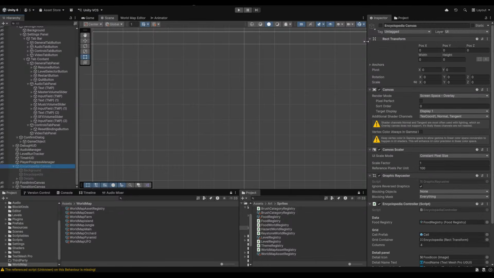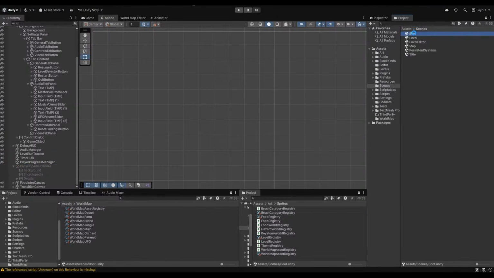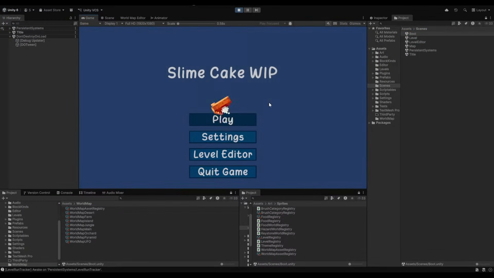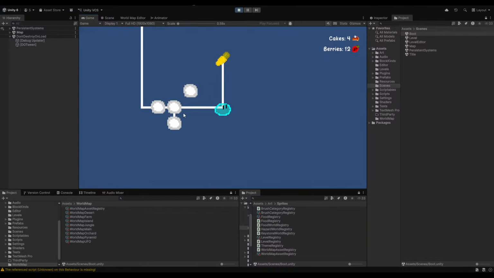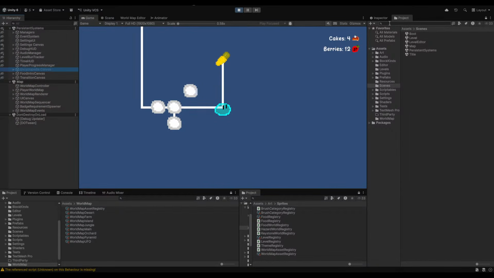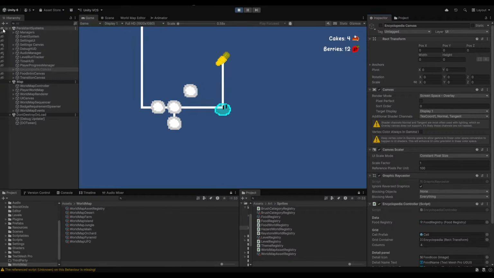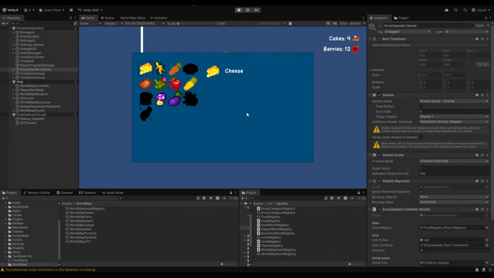Encyclopedia I do have to work on in a bit. This, I think it should work, just because I made it at least work, but let's, yeah, persistent scene. At the moment, I have to just manually enable it. Also, let's hide, show everything. And, oh, it's so dark. Yeah, there we go. Boom.